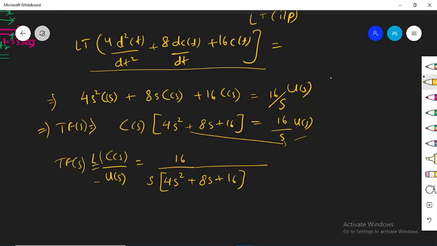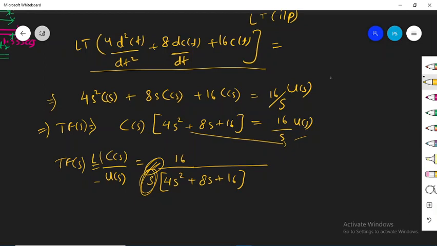Is the system a second order system? How is the order of the system defined? Order of any system is defined as the highest power of s in the denominator. You can say that in the denominator we are having the power of s as s cube. But that's not what we call for it. Actually this s is coming from the input. So the input's pole is not counted.